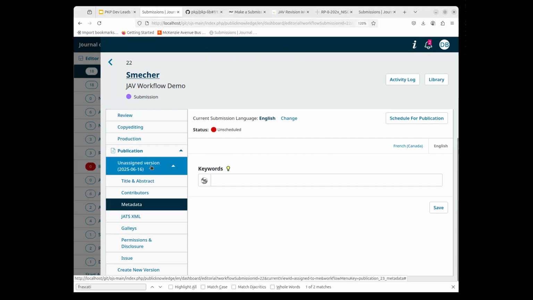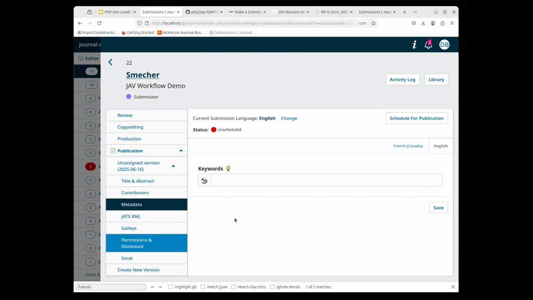And what this means is that we have not yet told OJS that this is going to become a published preprint, sorry, a posted preprint, if you are doing a preprint workflow, or it's going to become a version of record, like a traditional article. So let's say that we've got a publish, review, curate workflow, and we're going to accept this as a preprint